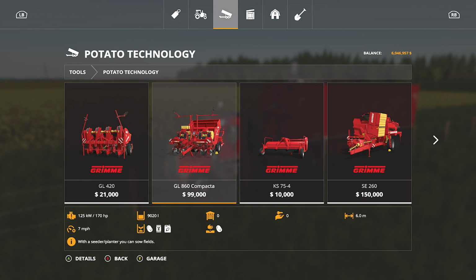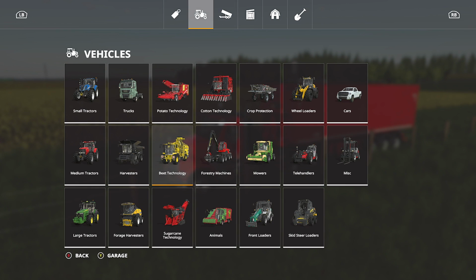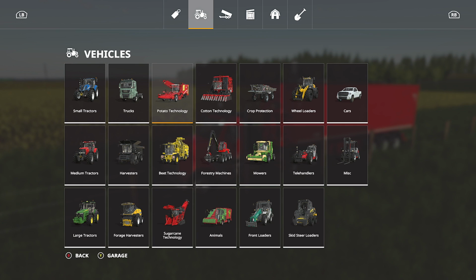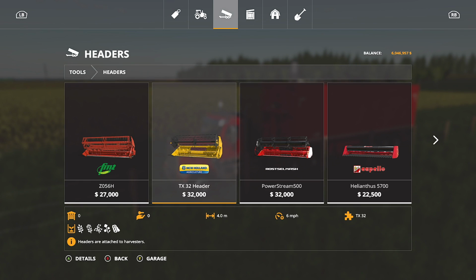So we've got a 6-meter potato planter right here. Now, unfortunately, we will need to cultivate. Yes, the word. We will need to cultivate if we use that. But I think that would be fun over here. Plus, here's one cool thing too. Potato technology right here. I have a modded potato harvester. We can get a couple of those. That is one option. The other option would be to do, and if I can find the header for this,